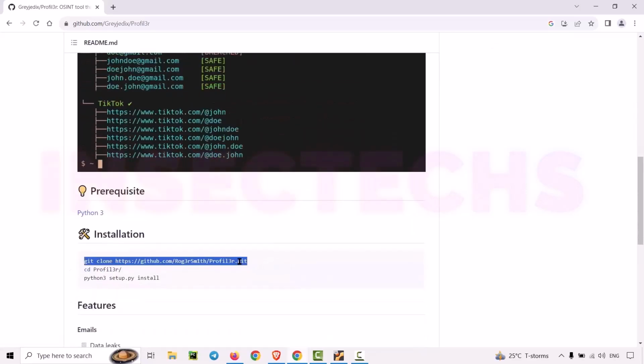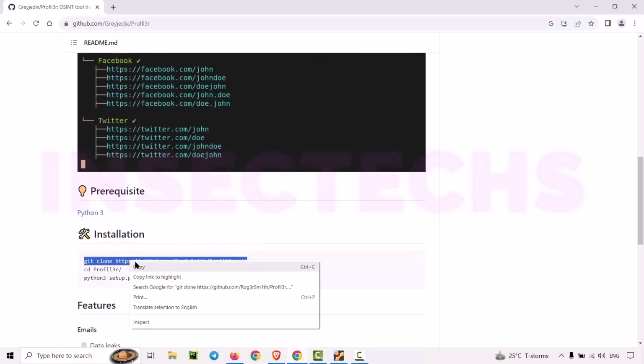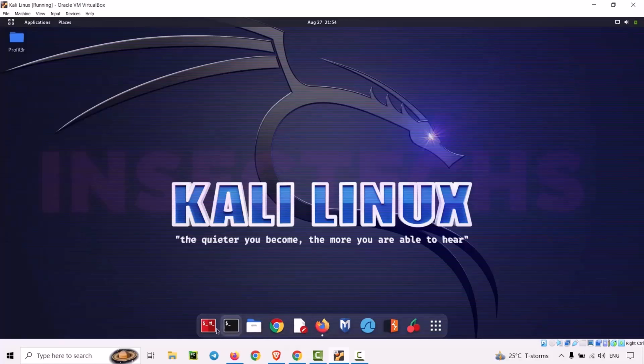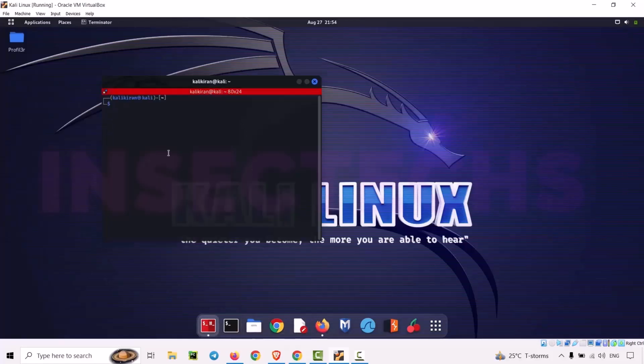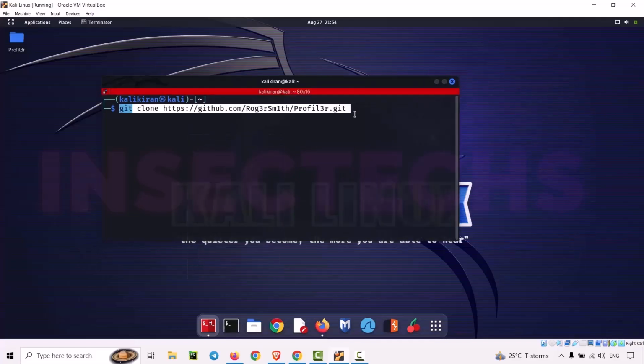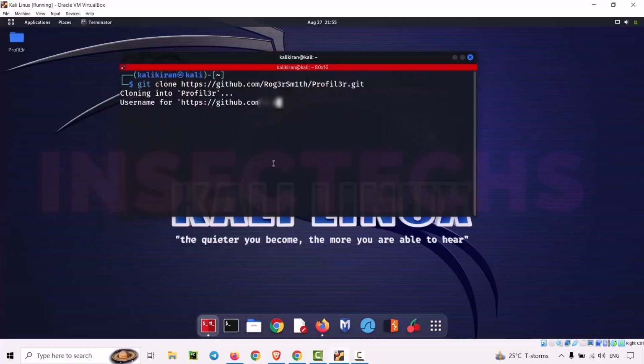No, let me copy once again, copy, and let me open the Terminator. Let me increase the font and adjust the size. Git clone and the link. The cloning of Profiler is going on. Type the username of GitHub. Again, we may get the same error,